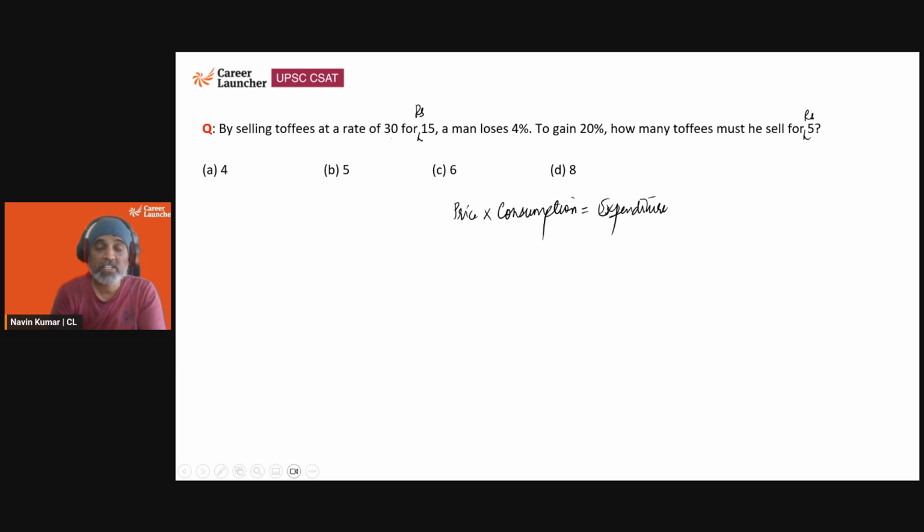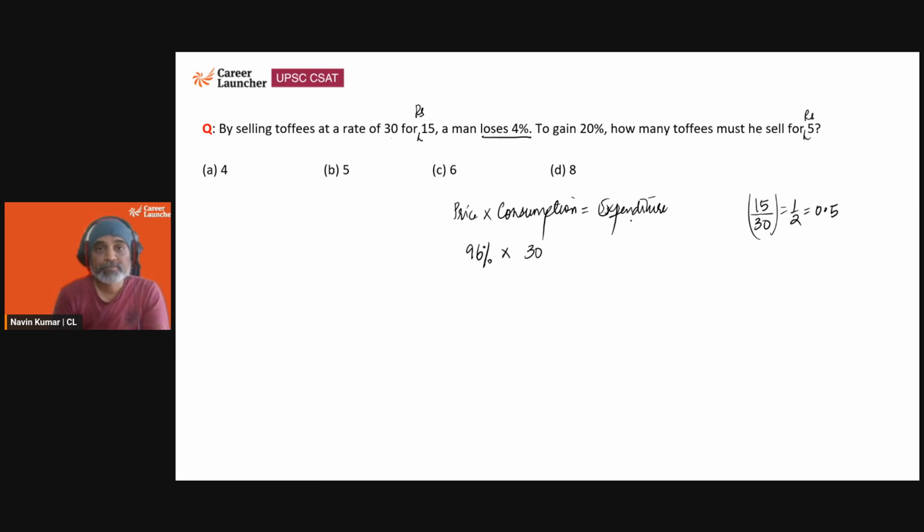So the price is going to be 50 paise. 50 paise will happen if we divide 15 by 30. That will give us a half, or half can also be written as 0.5, which is going to be 50 paise. So here we can straight away see that the consumption, that is, we are buying 30 toffees, and the price, because he loses 4%, that means only 96% of the price was